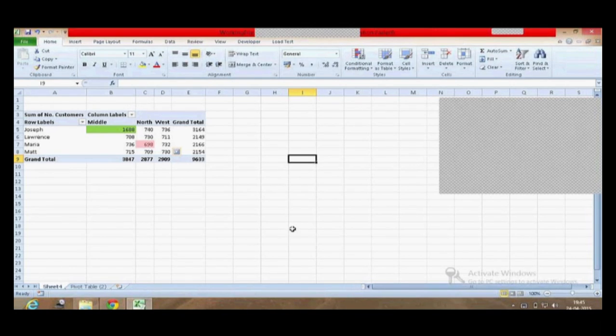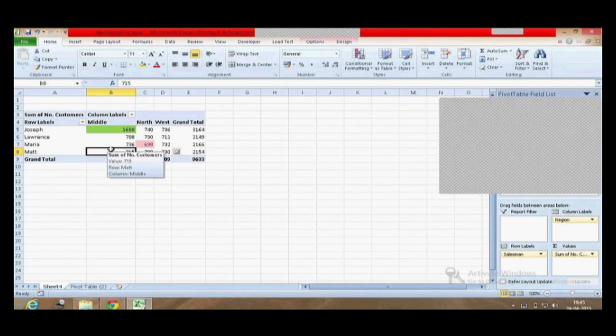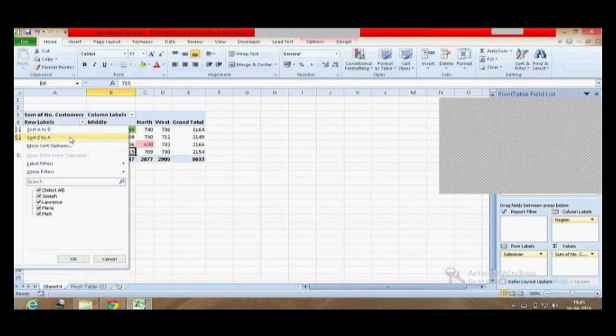Okay, so my next question is about sorting. Slicer, yep, the slicer option is only for filtering. Yes, the name literally slices the data based on one or more columns. So for sorting, usually the sorting happens right here.